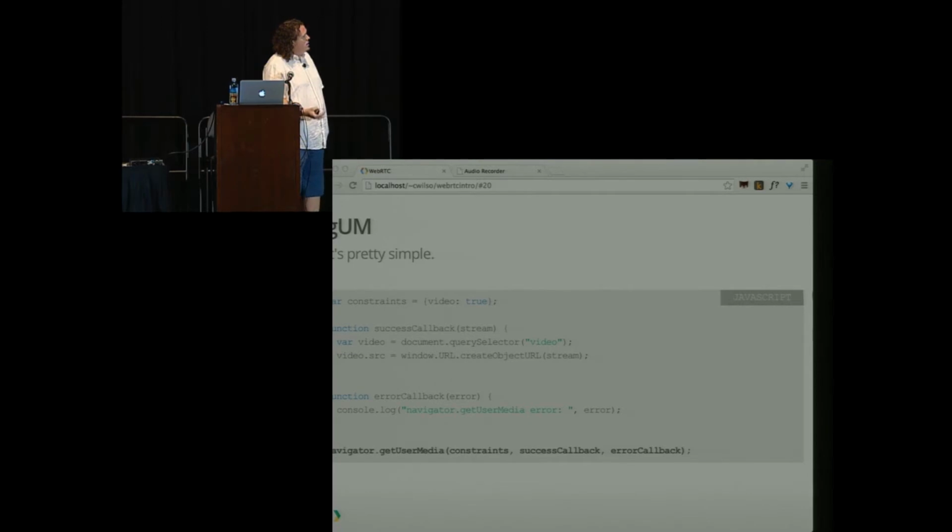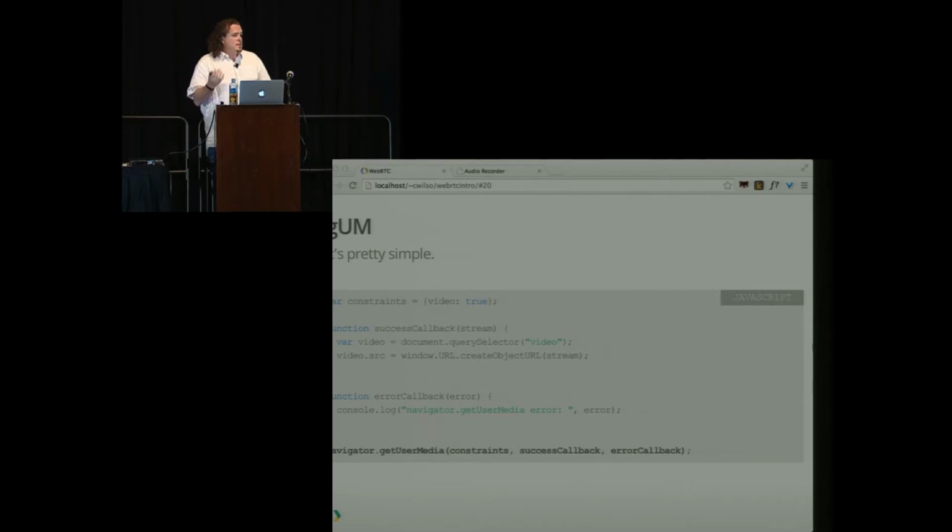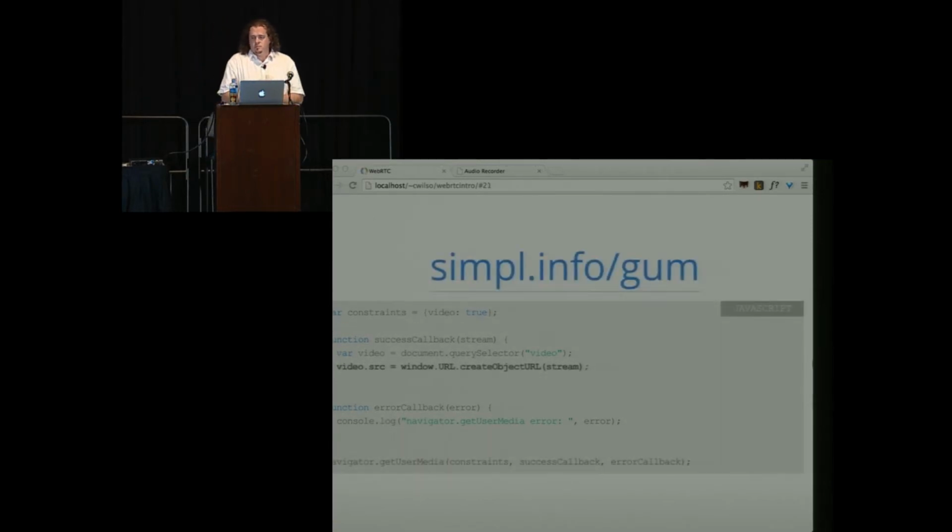But if you don't get an error, you get passed a stream, and then you can do interesting things with the stream. So the most basic thing that you can do with the stream is just assign the stream to a video source. So stick a video element into your page, assign this source to it, and you'll get something like,